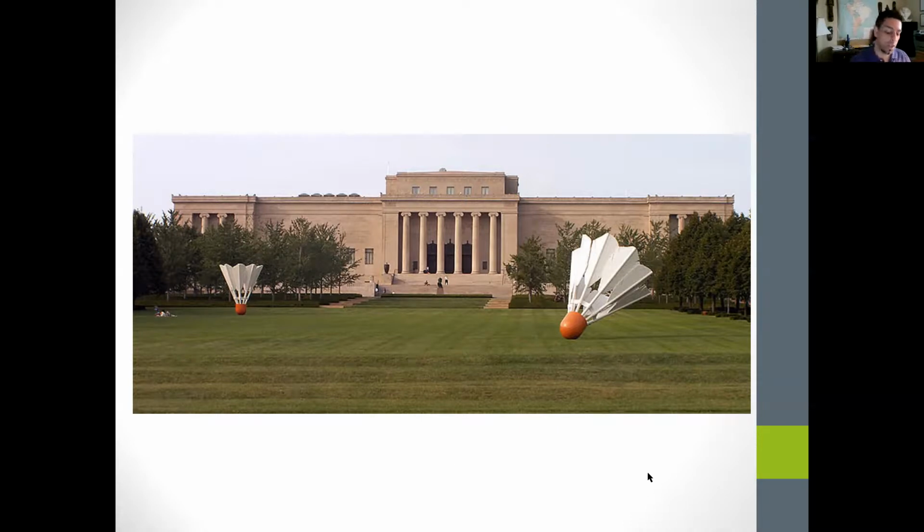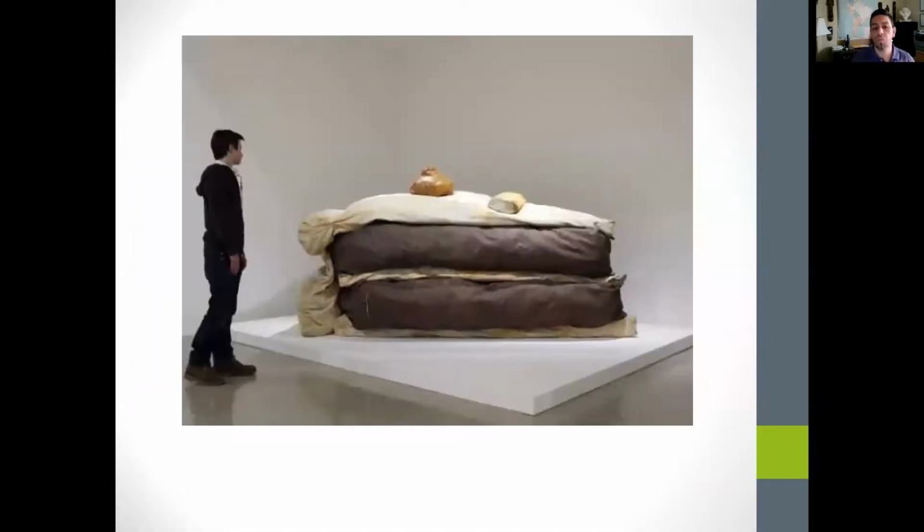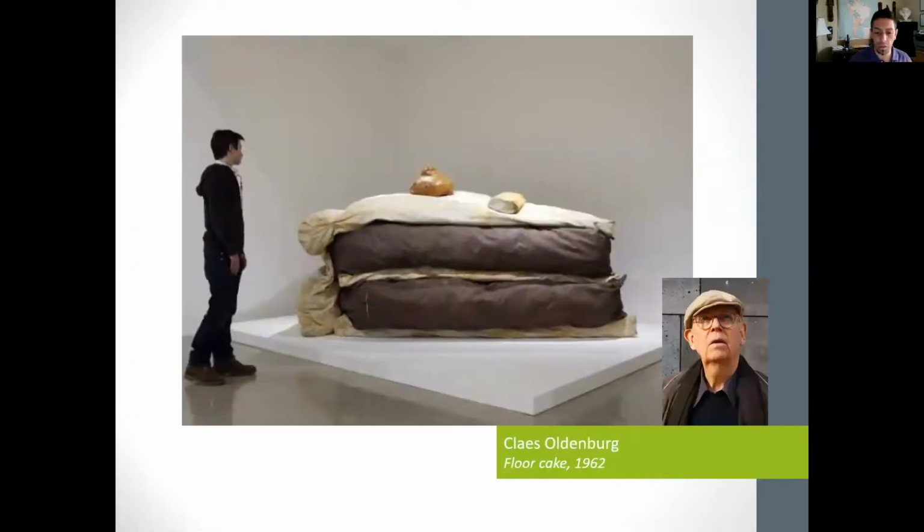Now, one of the things to consider about Claes Oldenburg is that he is a pop artist. Okay, here's another one of his works. Right? This is Pie, 4K. And with 4K, just like with any of his work, one way to identify it, and the reason why I'm